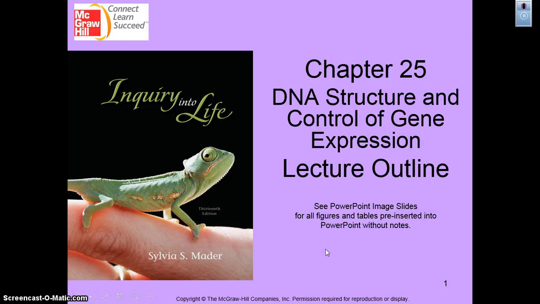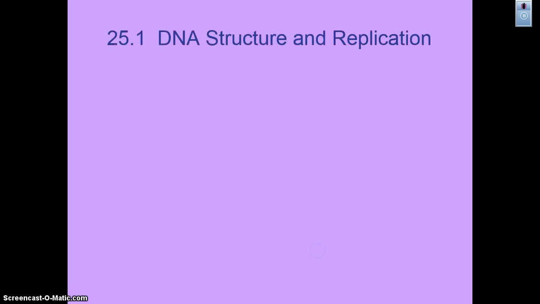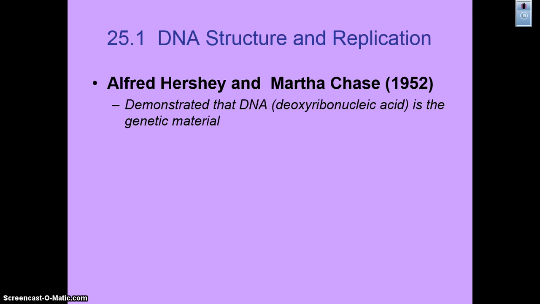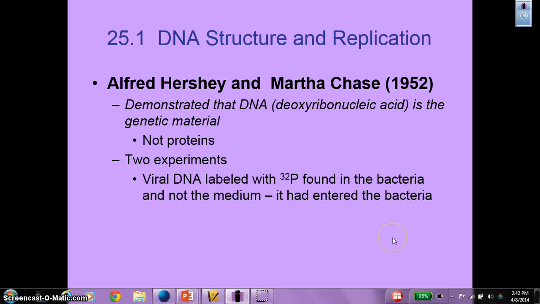In the first section of Chapter 25, we're going to focus on DNA structure and replication. The structure and replication of DNA has a lot of history behind it. In 1952, Alfred Hershey and Martha Chase did an experiment, and they demonstrated through this experiment that DNA is the genetic material, not proteins. In the two experiments, the results were that viral DNA labeled with P32 was found in